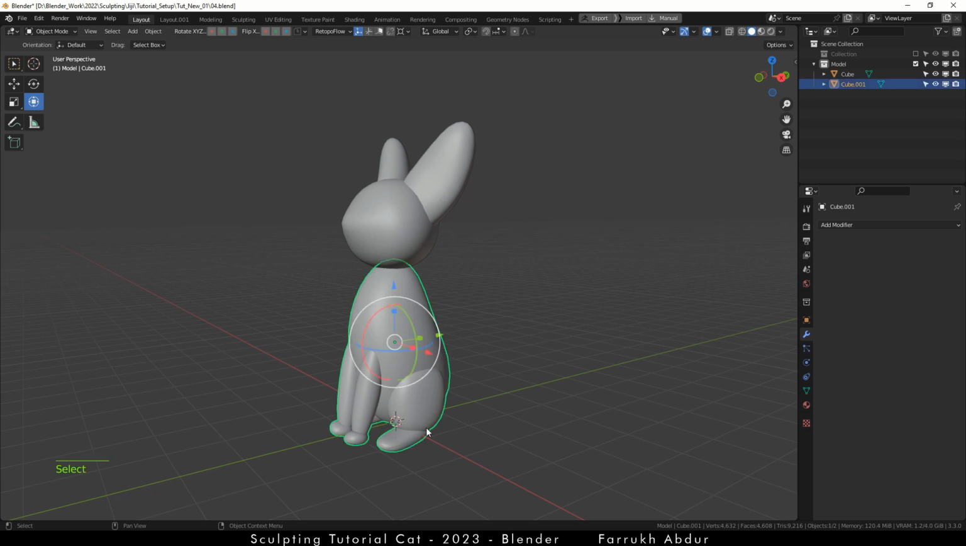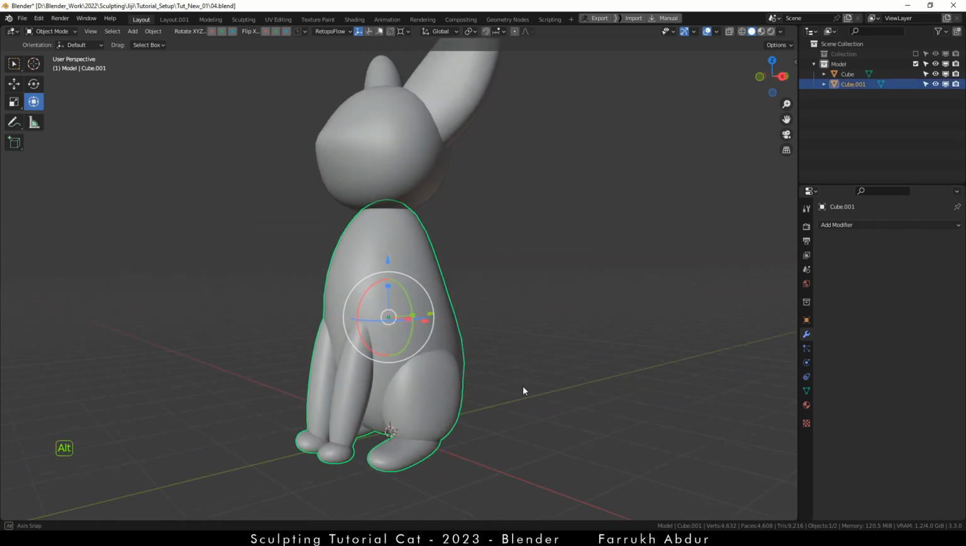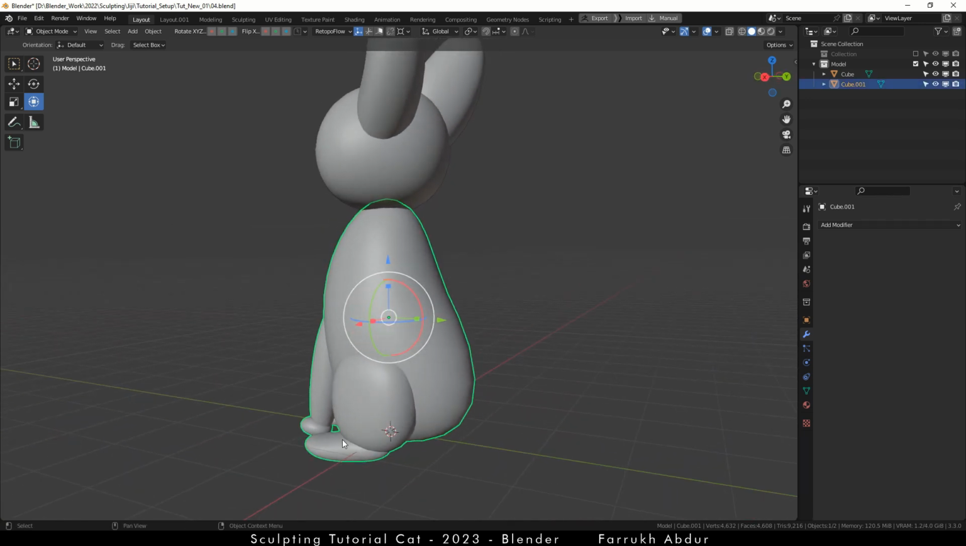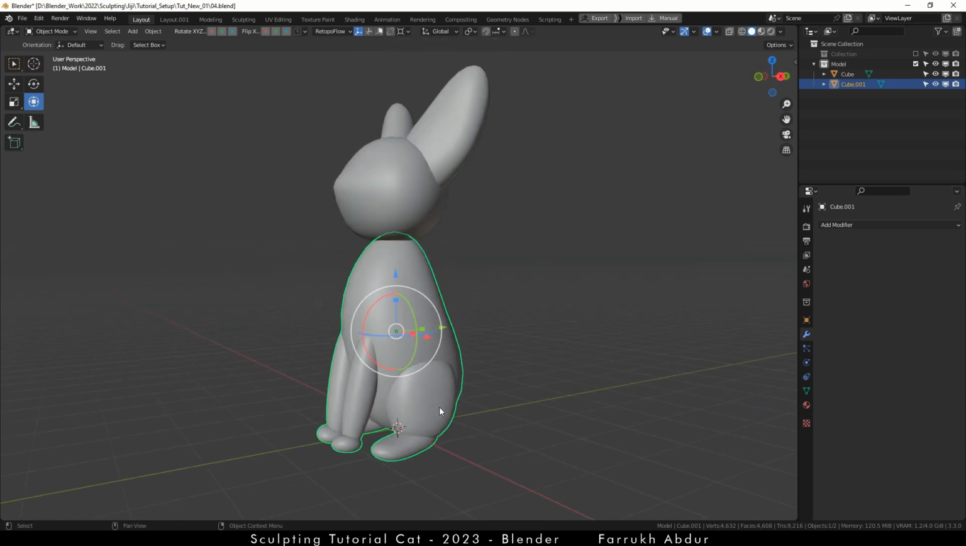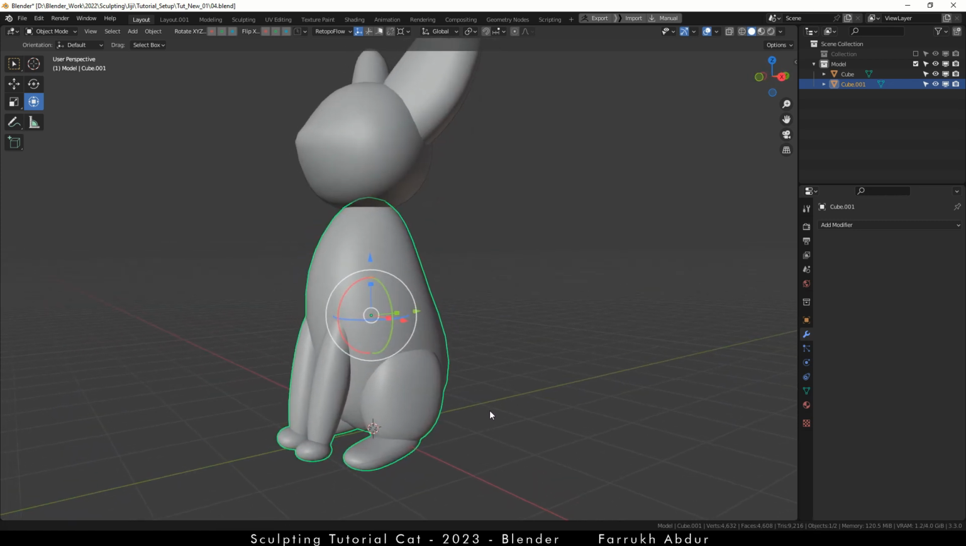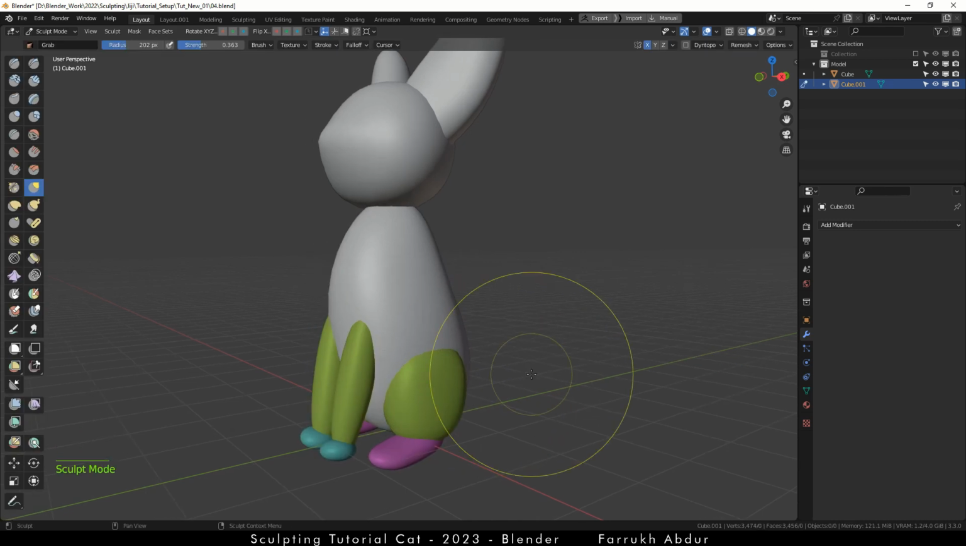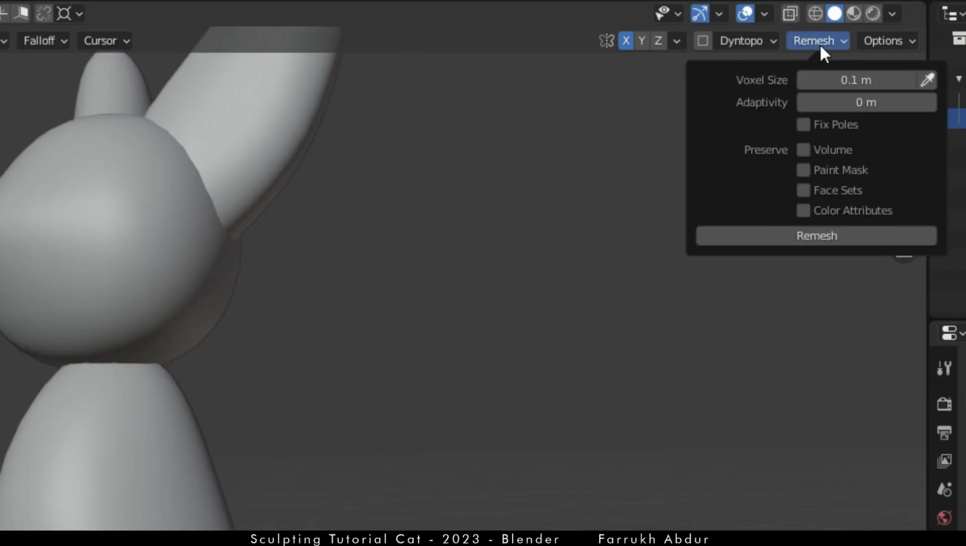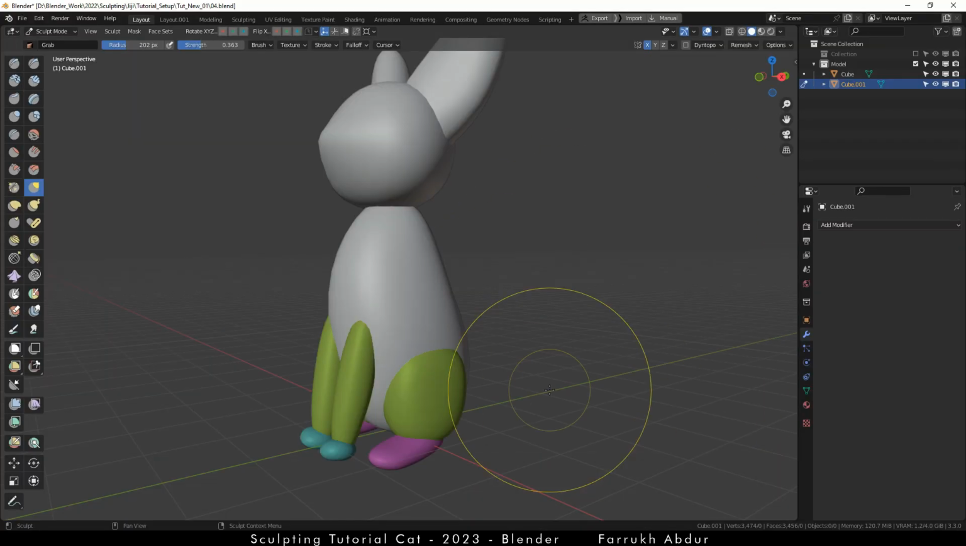The next step is to make all the objects in the blockout to seamlessly join with each other. This process is called remeshing. In the sculpting mode, go to the top right menu called Remesh. Click it and here you can see some properties. Turn on Fix. We can either click the Remesh button here or use a grid method which we are going